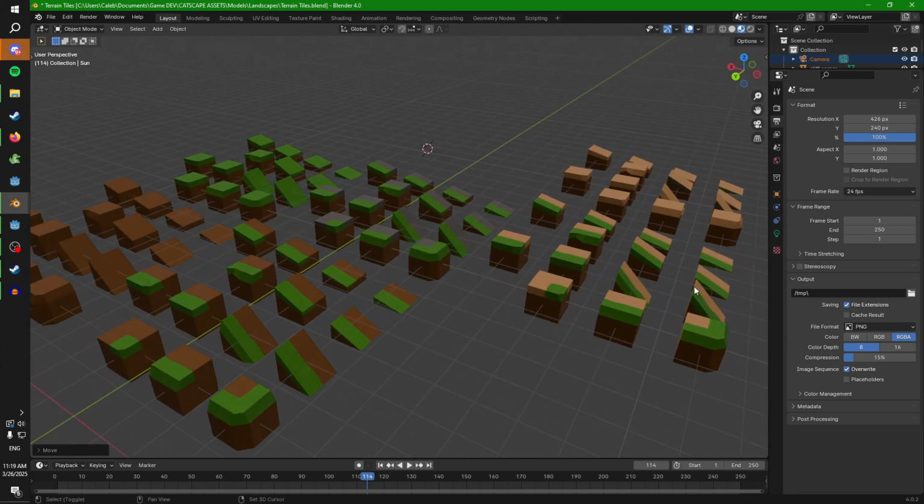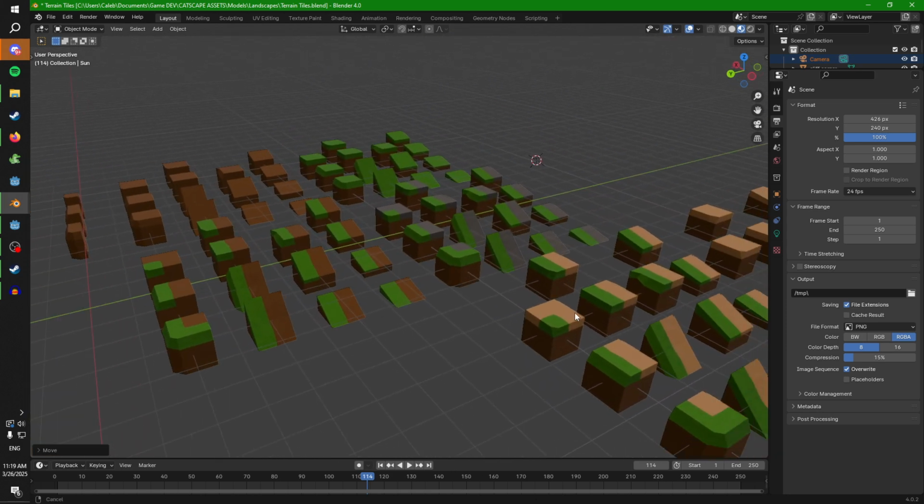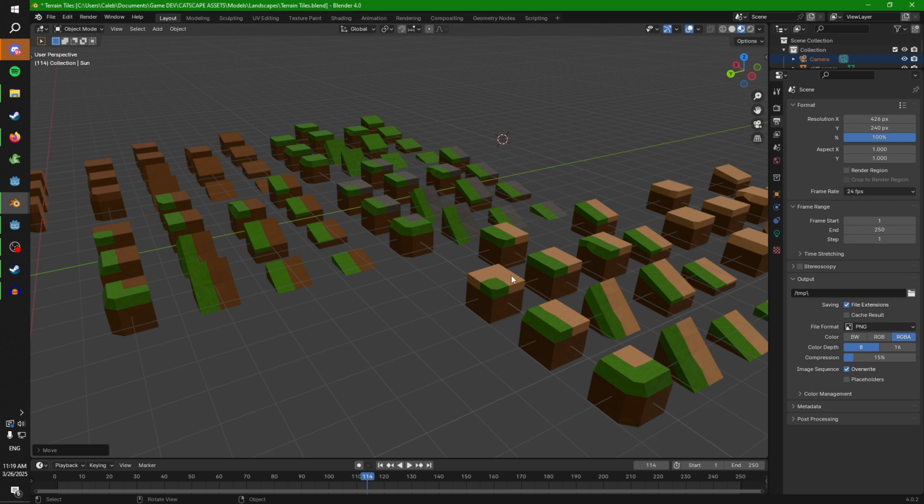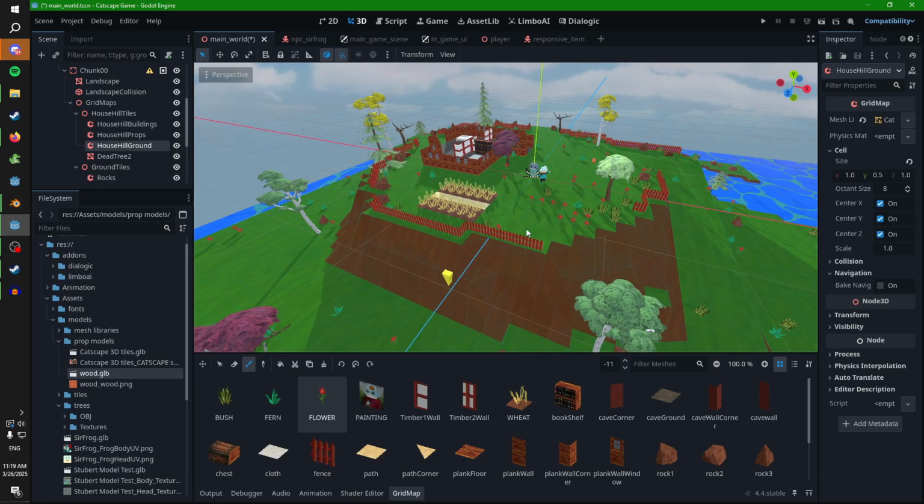I'm not great at Blender. I'm still learning a lot, but I was proud of the simple stuff I was able to accomplish here, with texturing as well. And I created all of those, and those were great. And I brought them back into Godot, and I can't really show it at the moment, but I found a very big issue with